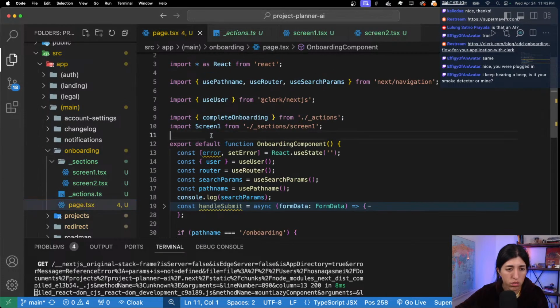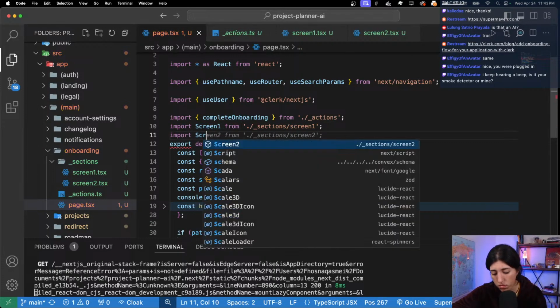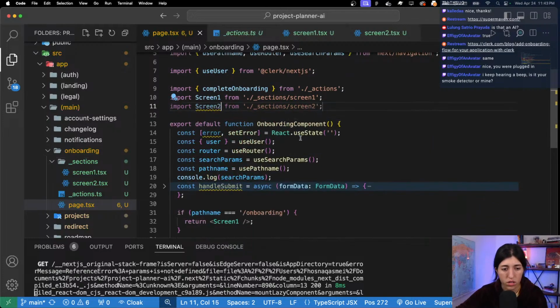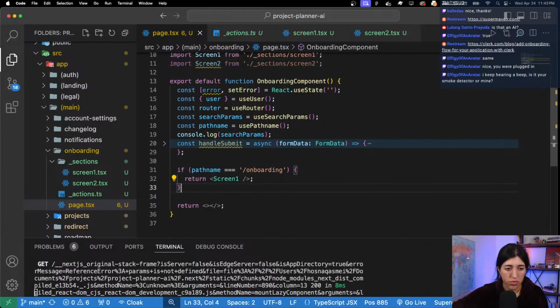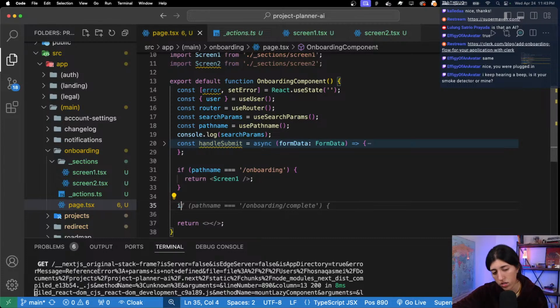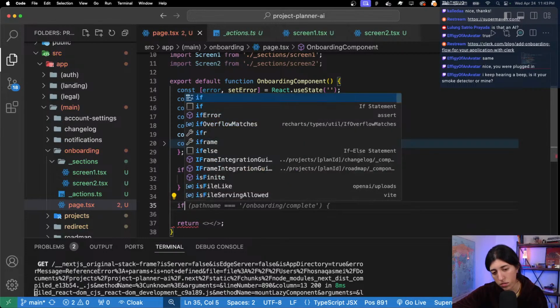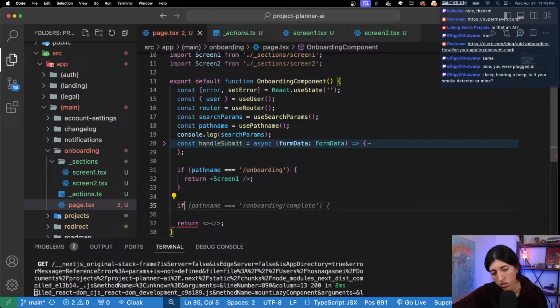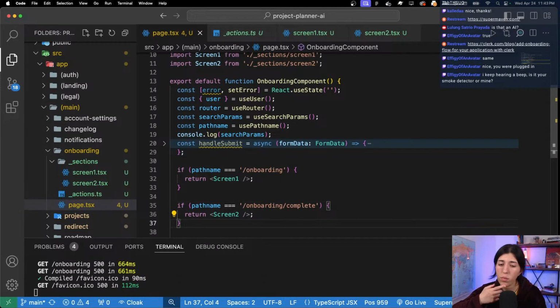So yeah, we don't need to do that. Okay. If path name, that's not the one that I want though. It's not gonna be